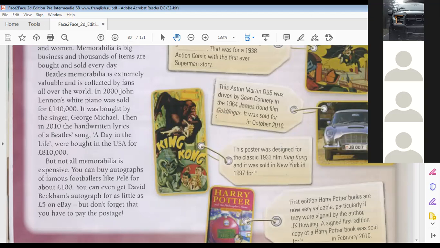Where in the article does it say this? Maybe like football below 100. Yes. So autographs, the signature. Exactly. So this means some memorabilia is not very expensive, right? Yes. Some of it is expensive, of course, but not all of it. All right, so this is the first part of the question.